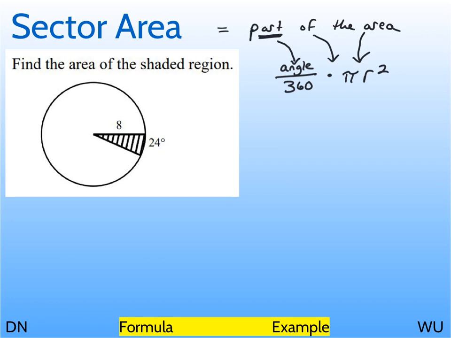So if we look back at this example here, the radius is 8, and the angle we care about is the same as this arc measure here. This 24 is the same as the central angle right there, so that's also 24 degrees. So what we're going to do now is plug everything into the formula and figure out the sector area. The angle is 24 over 360 times pi times 8 squared for the radius. So the sector area, when you round that off to the nearest tenth, would be 13.4